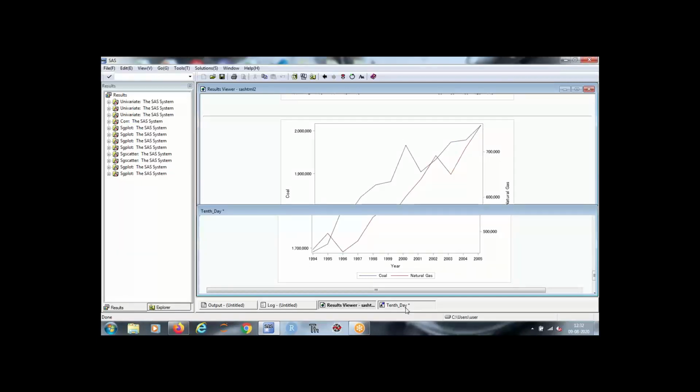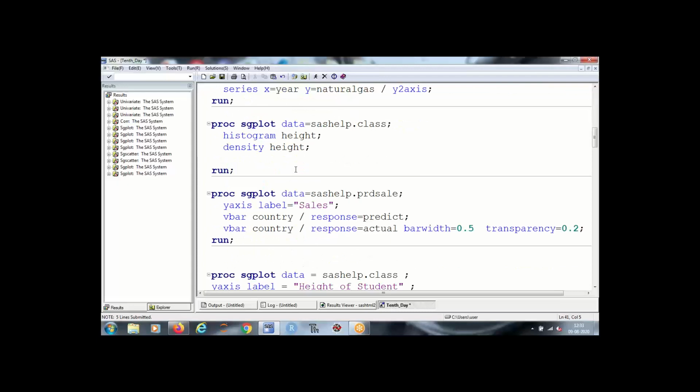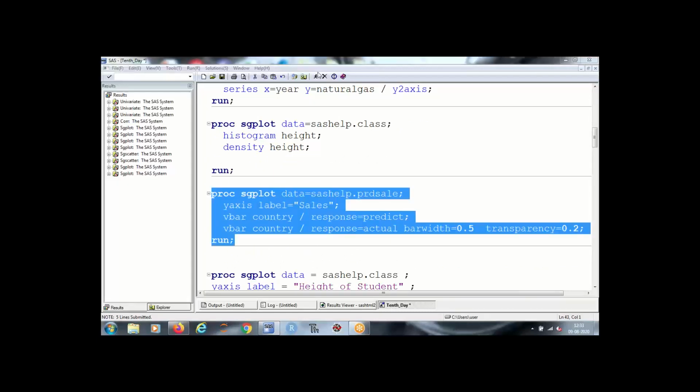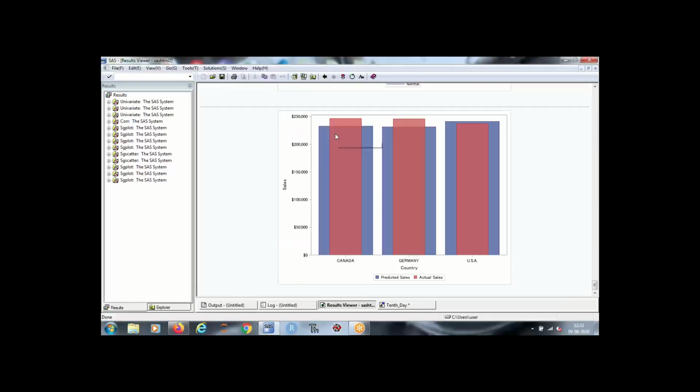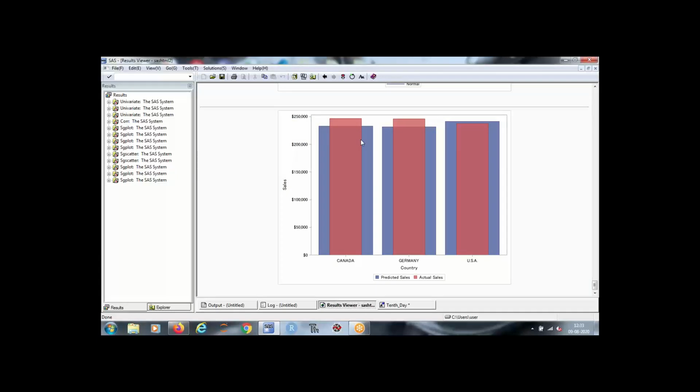Next, your vertical bar graph with actual sales versus predicted sales. If I use a function predict, this will show you on average the sales which are expected, and these are the actual sales.